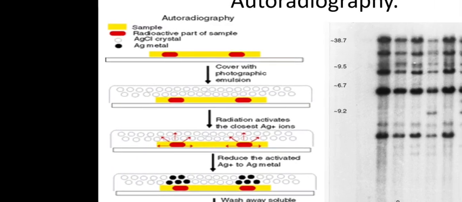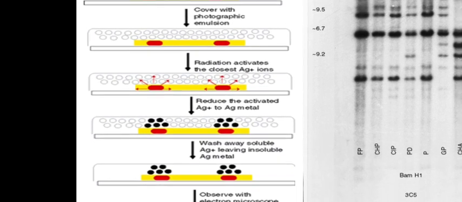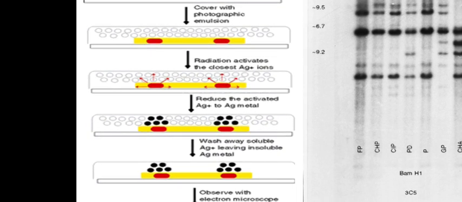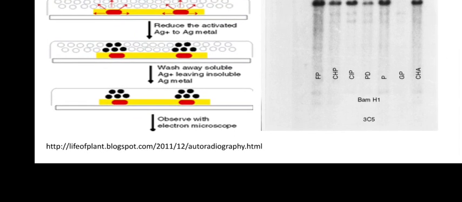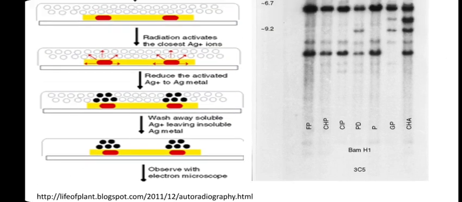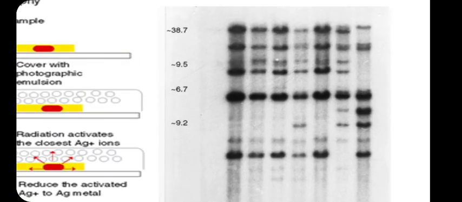So this is what is actually happening. You have the radioactive element, then you are covering it with the emulsion. The decay is taking place in the next step. Wherever there is a decay, the reduction is taking place. Then the silver atoms are going to be formed, which are going to appear black in color. When you develop it, all those areas wherever there is an element of interest are going to become black, and